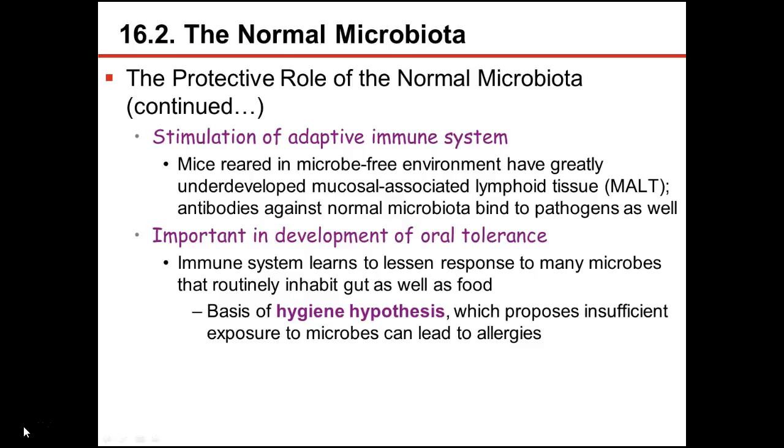Stimulation of the adaptive immune response is talking about how if we don't actually stimulate the immune system on a regular basis, we can have problems with its ability to fight. It's sort of like the idea of going to the gym. You don't have to go to the gym, but if you do, you're keeping your body in shape and constantly stimulating the muscle tissue to stay as strong as it can. Think of the immune system sort of like that. If we don't constantly have it exposed to microbes, it's not really going to know what to do when the time comes. And we've been able to prove this with mice, mainly mice that are raised in vivariums,